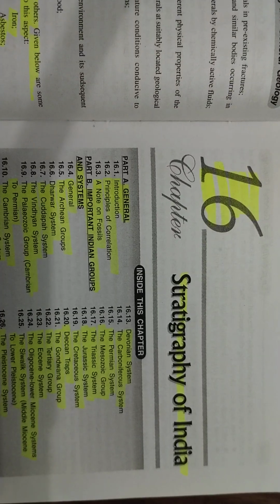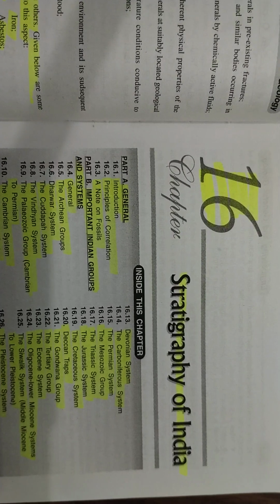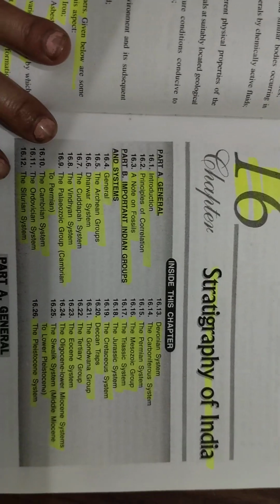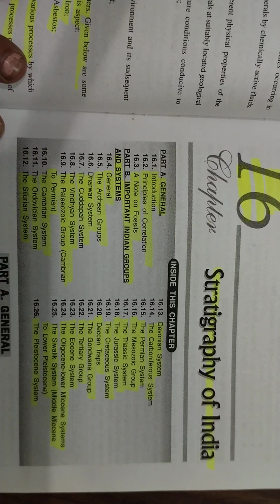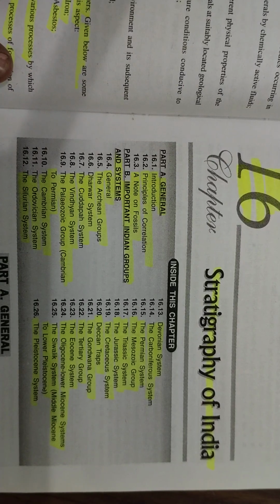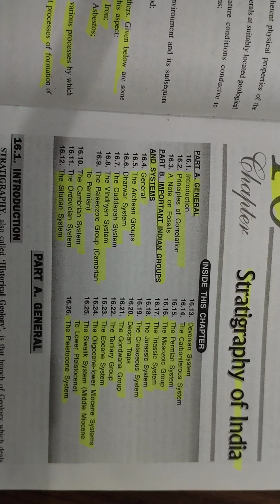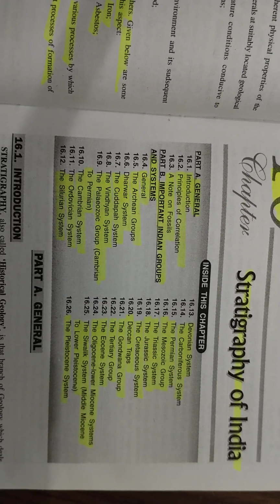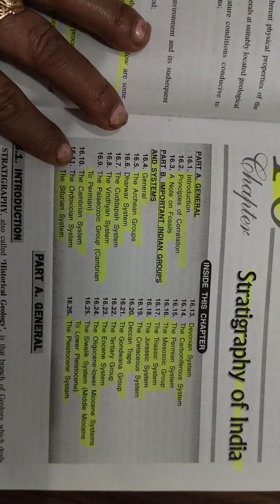So today we start a new chapter, Stratigraphy of India, chapter number 16. Inside this chapter: introduction, principle of correlations, and a note on fossils and their importance. Indian groups and systems: General Archean groups, Dharwar system, Cuddapah system, Vindhyan system, Paleozoic group and Cambrian to Permian, Cambrian system, Ordovician system, Silurian